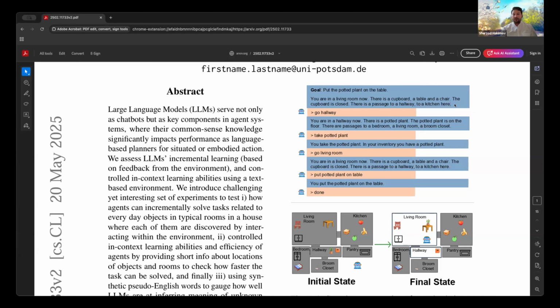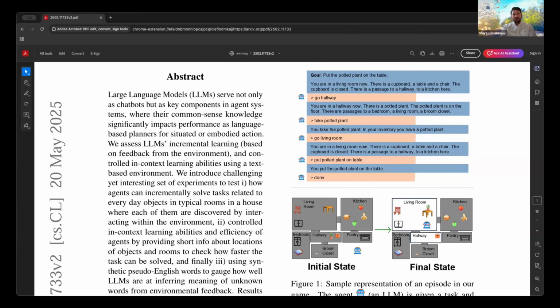So that's kind of an environment that we have built, and it's only text-based. So what initially you see, we can see as humans, basically this is the initial state that the agent is in. So these are the connected rooms. Obviously, this information is never revealed, as you can see in the first task, right? And then let's assume that our agent is quite intelligent and says, go to hallway, right? And we can see that from here, living room, that's where the agent initially is. You can go to the hallway.